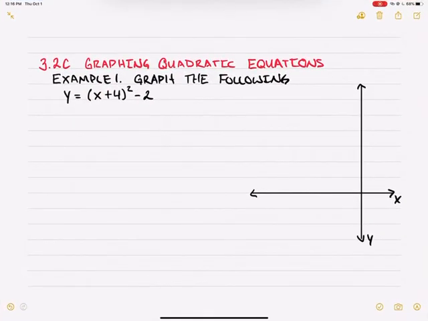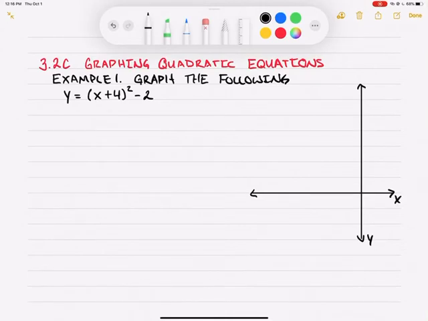Alright guys, today we're continuing with graphing quadratic equations. Here I have an example of a quadratic equation that is in vertex form. What I'm going to do is graph this quadratic. I'm then going to talk about how it was moved. I'm also going to find the vertex,